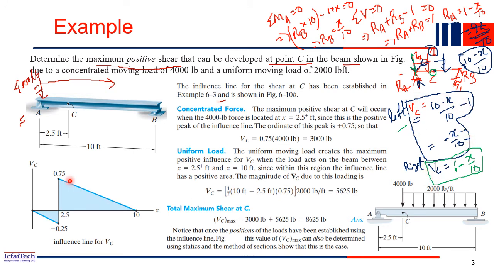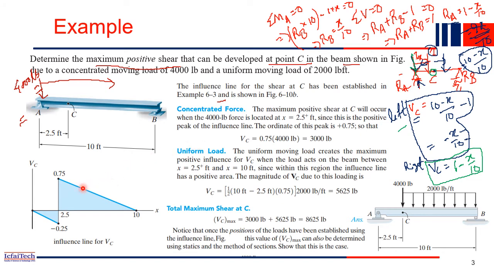And for the right side you have this expression, this positive side, right? Vc equal to 1 minus x by 10, right? So when x equal to 10 means at this point, so Vc equal to 0, right? From this expression you got Vc equal to 0. So that is the thing we just computed, and this expression is valid only to the right side of the C. So once we draw the influence line diagram at C, shear force, basically shear force influence line diagram at C. So when we get, so now from this influence line diagram, can anyone tell me where will be the